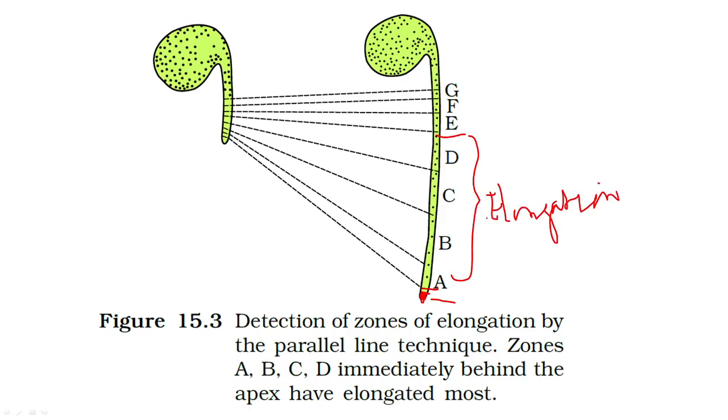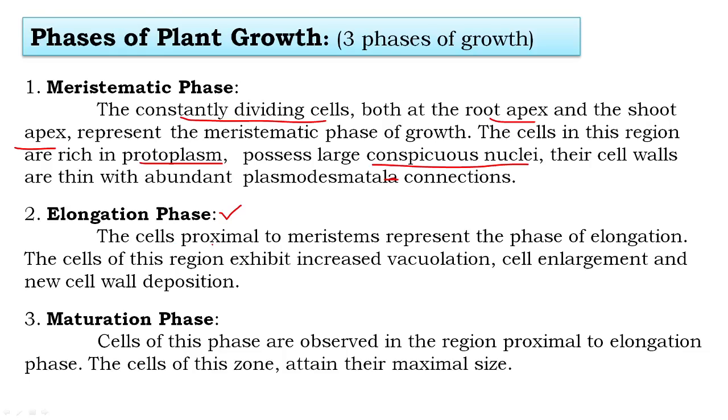So this is the elongation phase. Right. Elongation phase, now what happens? The meristematic cells have divided and they have given rise to permanent cells. Permanent tissue starts to elongate. Plant cells start to elongate. So the cells proximal to the meristems, which represent the elongation phase, exhibit increased vacuolation,